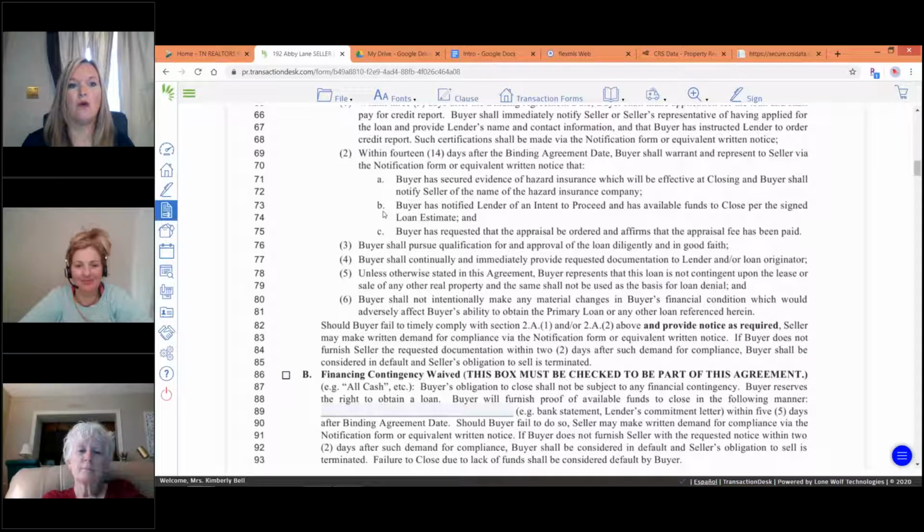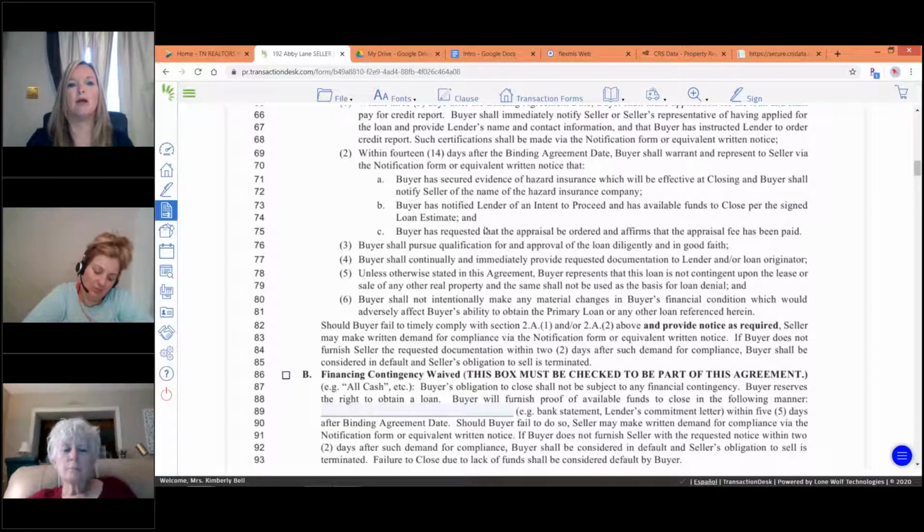All right, so the buyer has notified the lender of intent to proceed and has the available funds to close per the signed loan estimate. Okay. And the buyer has requested the appraisal to be ordered and affirms the appraisal fee has been paid. So this is within 14 days. It used to be within 5, and then it was within 10. Now it's within 14 days. So you can pay that appraisal fee up to the 14th day